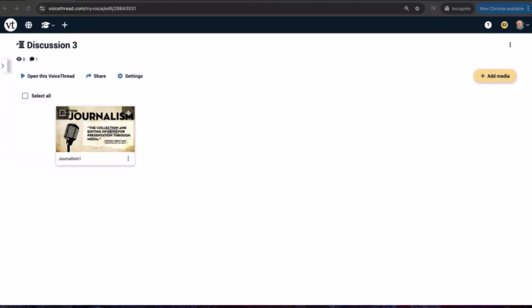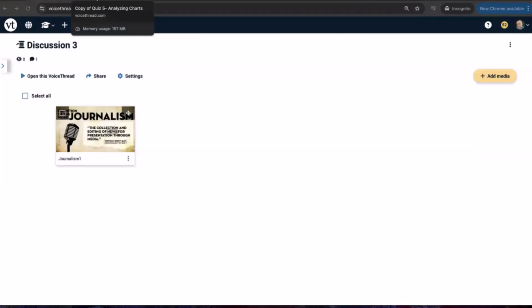So when you record a comment on a voice thread that you've created, it will be visible to everybody. Unless for some reason you want to hide it, you'll have the ability to do that if comment moderation is turned on. But comment moderation is designed for all of the incoming comments from your students. So once you turn it on, any incoming comments from that point on will be hidden. All right, so that's the basic idea.